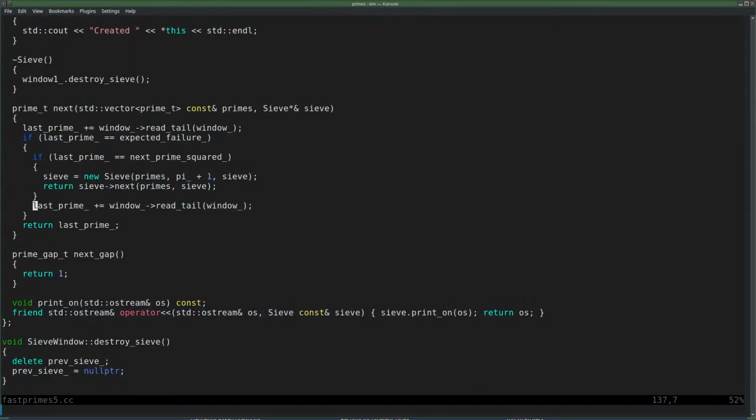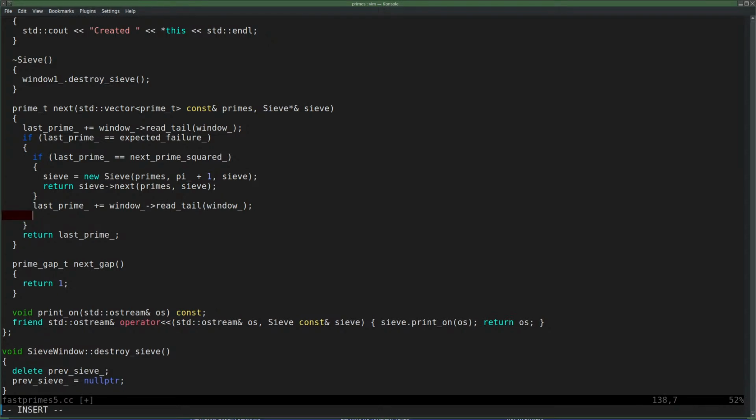So I think that should work. We got the +4 here, and then the next one is the next one, right? So that's just going to be the 2 then here. That should work. But after doing that, I have to update my expected failure to become